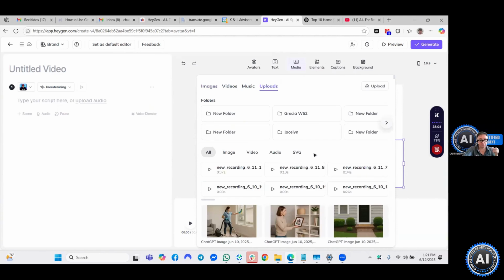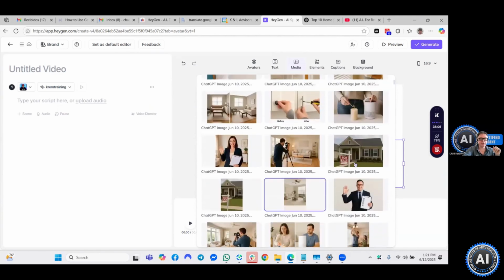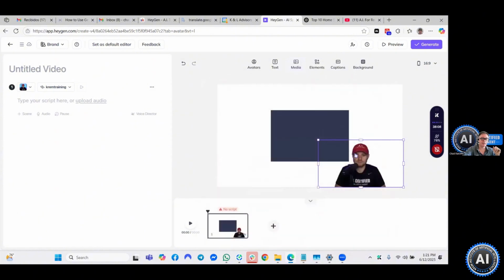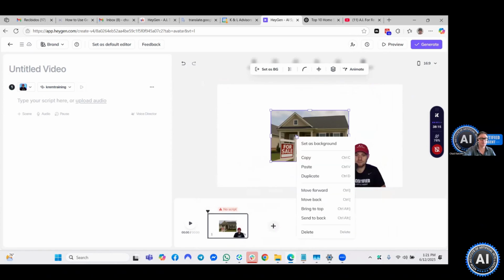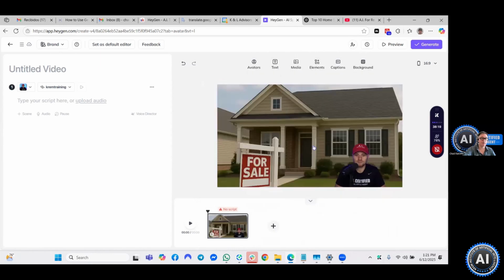So scene 1, we're looking for the house. And so here it is here. We select it. It's going to open up, but hey, it's small. We want it to fit the whole screen. So you right click on your mouse and then you see set as background. Then we set as background, and then